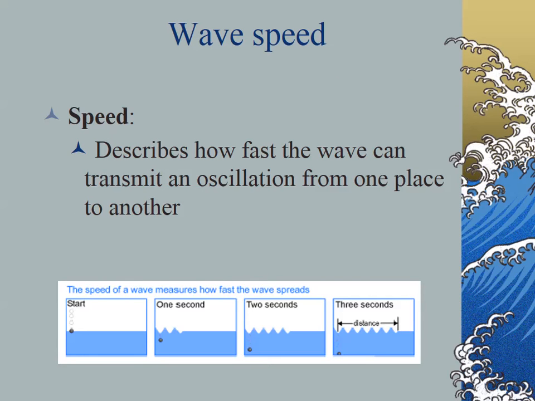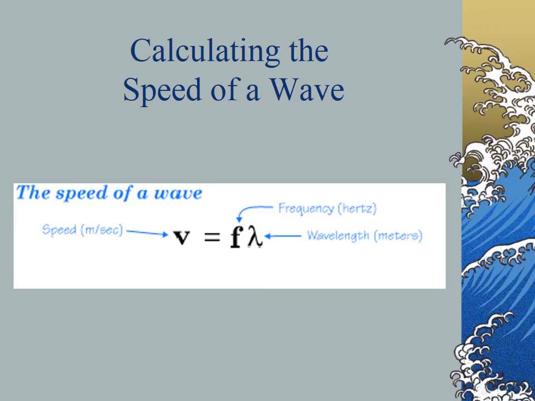Speed, how fast the wave is going. Nothing too special there. We'll obviously say velocity quite a bit, but this is going to be another situation, just like in kinematics, where we basically have the wave go only one direction. So we're not going to talk about positive and negative velocities too much. It'll be primarily what we consider speed. And so that officially leads us to the wave formula. Velocity equals frequency times wavelength. Velocity equals frequency times wavelength. There's really nothing too special for me to explain there. It's a pretty straightforward formula, not too complicated.